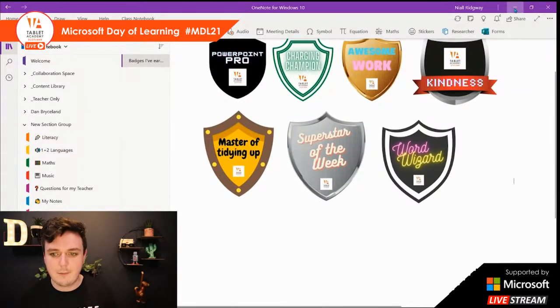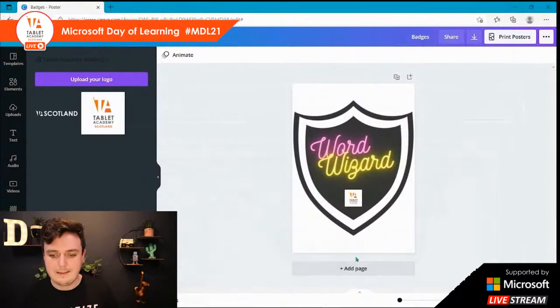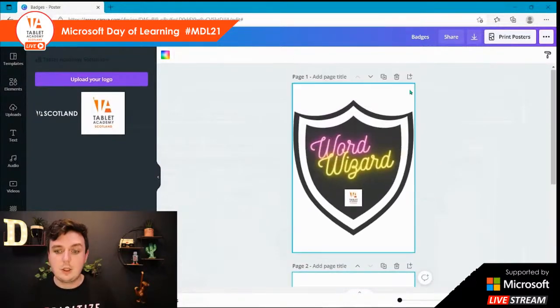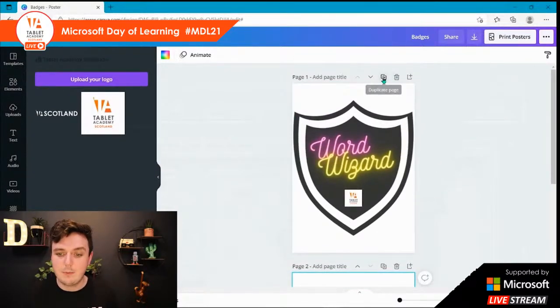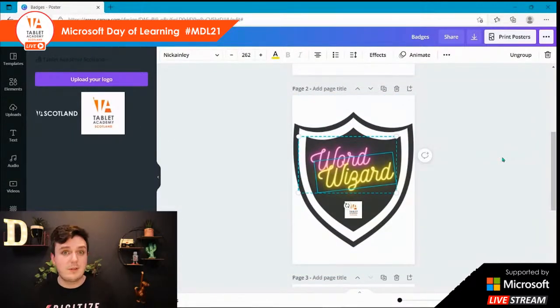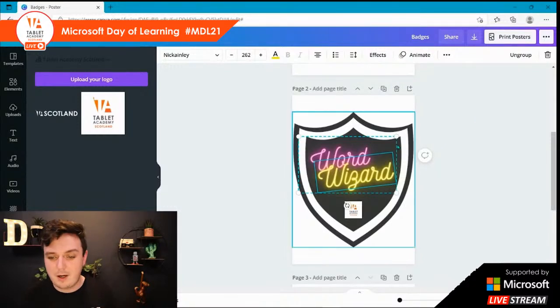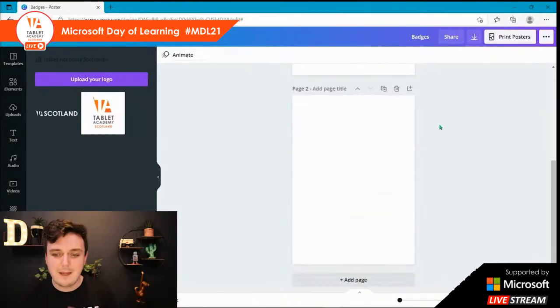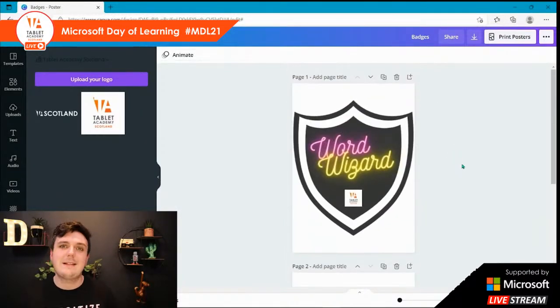Fantastic. So if we want to add in another one, all we do down below is add page. You can duplicate if you want to, so you're just changing the wording maybe. You want to do word wizard part 1. Maybe you're wanting to create a super liner upper part 1. It's absolutely up to you what you're doing. You can do parts, you can duplicate, you can change it every time. Absolutely up to you. But this is how you create some incredible badges using Canva,